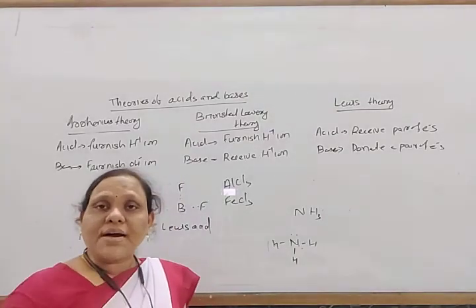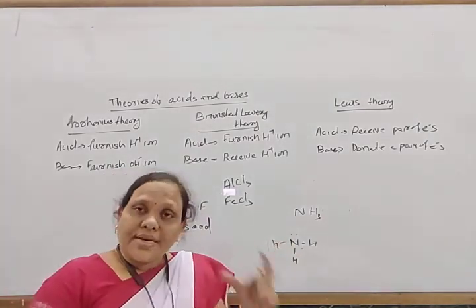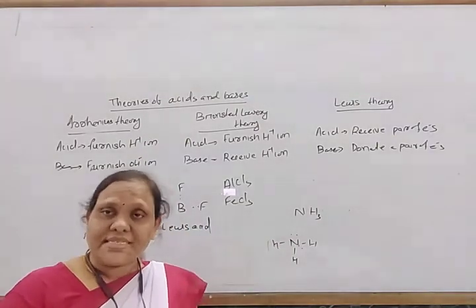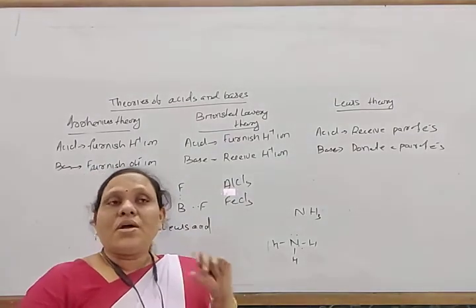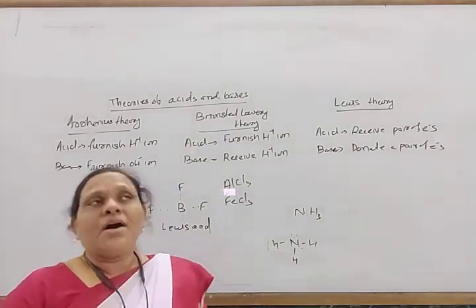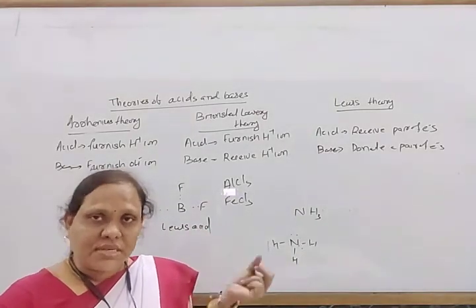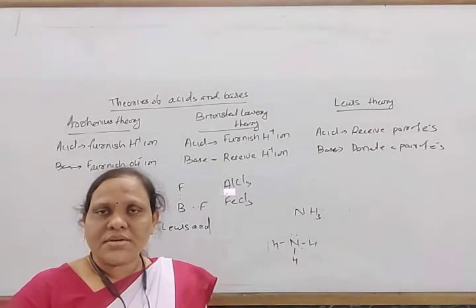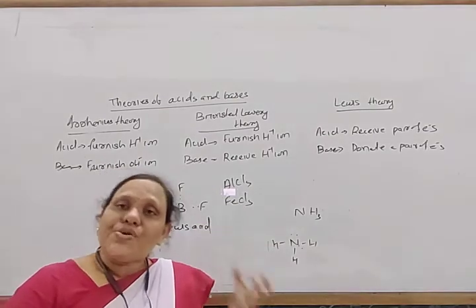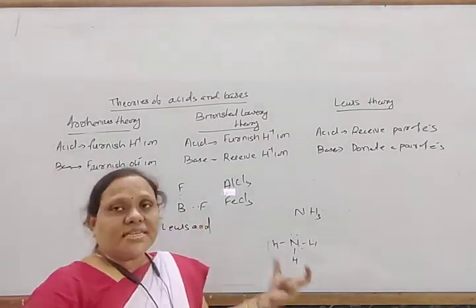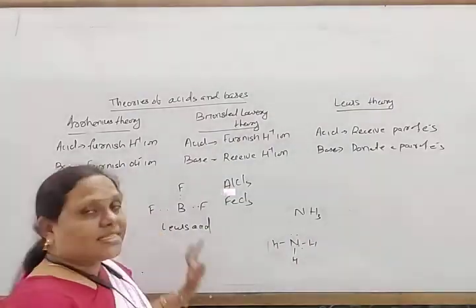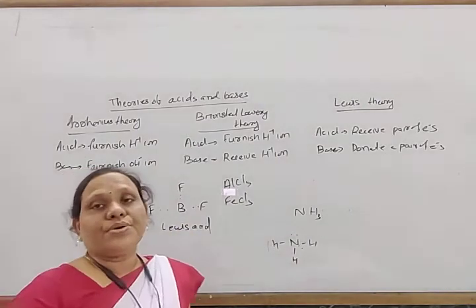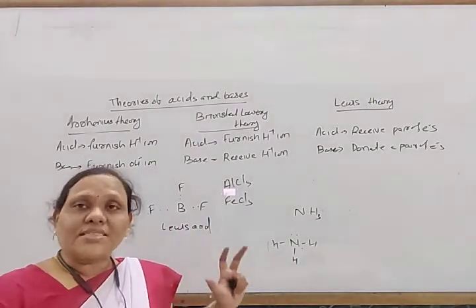So any species which has a pair of electrons that it can donate is known as a Lewis base. These Lewis bases are generally electron rich species, and as electron rich species, they have more attraction towards a positive center or nucleus. You know, the nucleus is generally positively charged, so it has more attraction towards the positive center. In this way, these are known as nucleophiles. So Lewis bases are nucleophiles and Lewis acids are electrophiles.